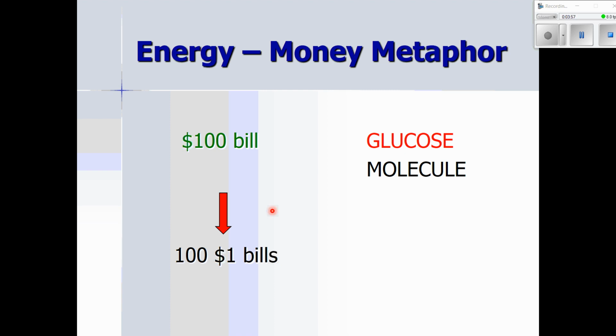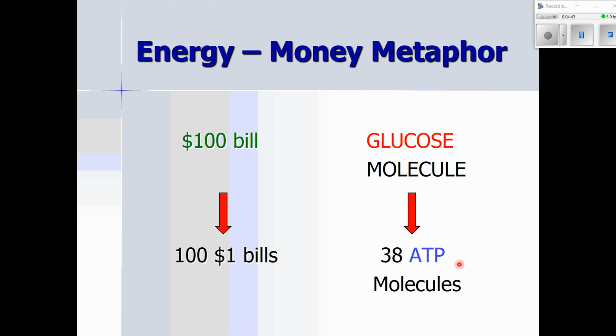Lots of energy is stored in a single glucose molecule. The problem is that's way too much energy to be used all at once. When cells need to access energy to do active transport or protein synthesis or cell division or any of the things that cells do that require energy, they need that energy to be in a small, usable unit. And so just like we can take a $100 bill and cash it in and get $1 bills, glucose can be cashed in and broken up into small units of energy called ATP